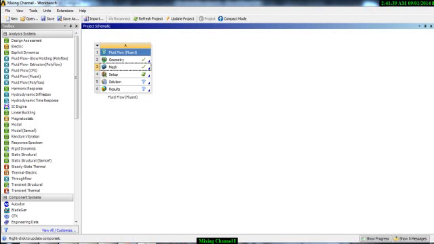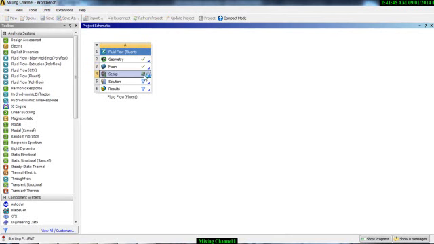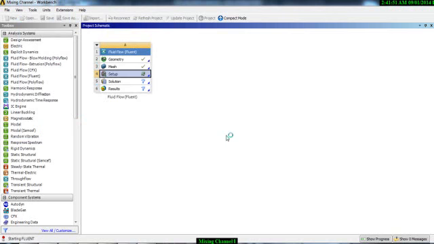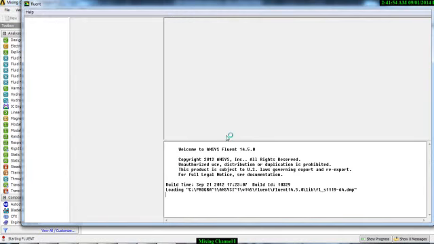So now we will set up our case for the mixing problem. So as you can see here, our geometry and meshing is done, and we can proceed to the next stage, that is the case setup. So go to case setup and your Fluent will start. So start your Fluent,